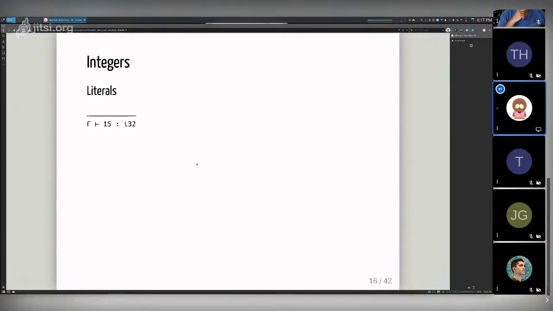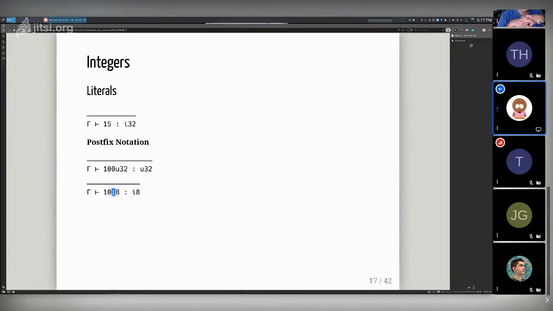So same thing as before. The literal values here are pretty straightforward. If you type 15, it's going to get I32 by default, right? In Rust, we do have this postfix notation, which allows you to attach the type at the end of your number, and that's the type it'll actually use. So things are signed by default, but if you wanted this to be an unsigned 32, for instance, you can just attach it to the end, and you're going to get an unsigned 32.